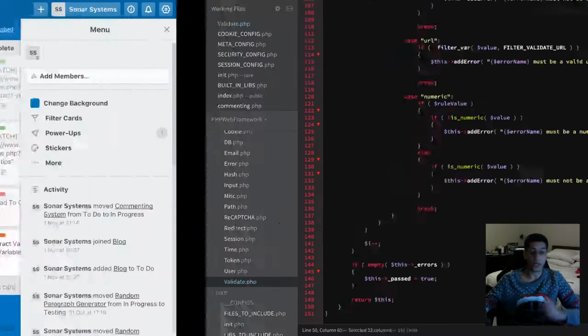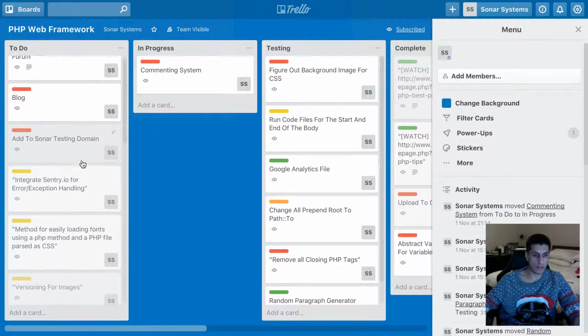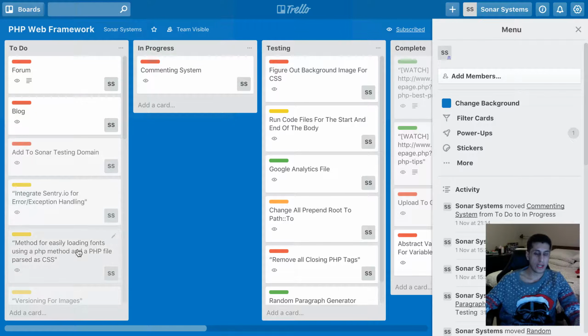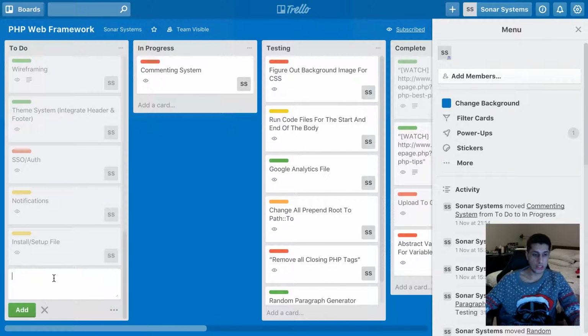And yeah, I'm definitely gonna abstract it out. It'll probably be after the blog, in all fairness. Actually, I'll probably do it after the commenting system, before the forum. I'll just get that sorted out. Shouldn't affect the rest of the code. It just means we have validation in a sort of easier way to access. So abstract validation,